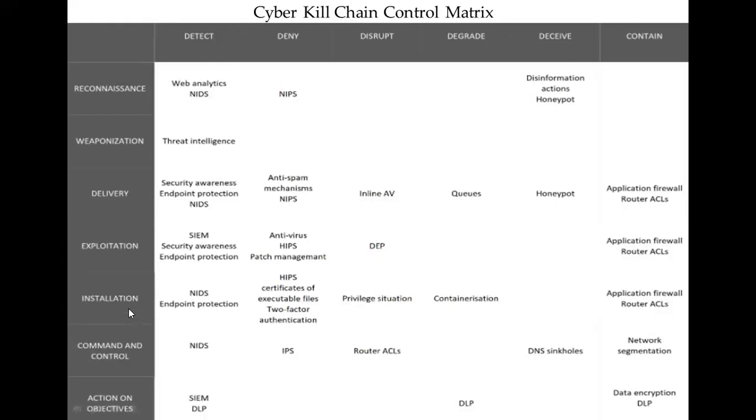Then we'll talk about the installation phase. For example, maybe a staff member in an organization unknowingly downloads a cracked version of a software, and you didn't know that the cracked version has some malicious payload attached to it. It tries installing it. If you have a very good antivirus, it will stop that, it will stop any form of that attack. Most of you would have noticed this. If you download a cracked version of an application and your antivirus solution is on, most of the time it will detect that payload. It will detect it as a rootkit or as a Trojan.